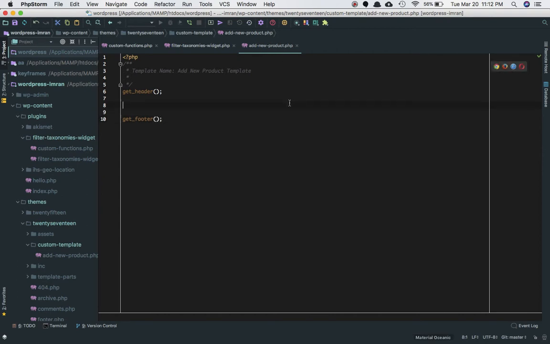add new product.php. Okay, so what we need to do now is basically we need to create a form which can take the information like the name of the product, the categories, etc. Okay,